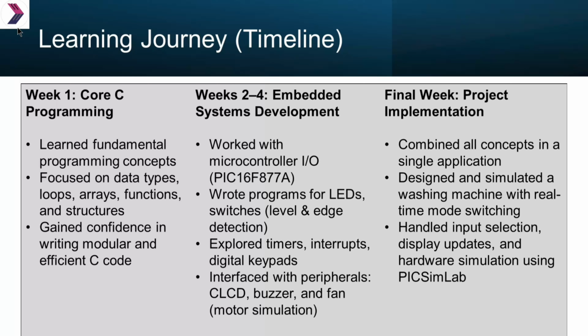Here are some real-life applications of embedded system. In home appliances, embedded systems are used in washing machines, microwaves, and air conditioners. And washing machine is our project, which we will see in next slides. Next, in automotive systems, anti-lock braking systems, engine control units, parking sensors, which are the examples of embedded system. In medical, heart rate monitors, infusion pumps, and in consumer electronics, smart TVs, wearables, mobile phones are the real life